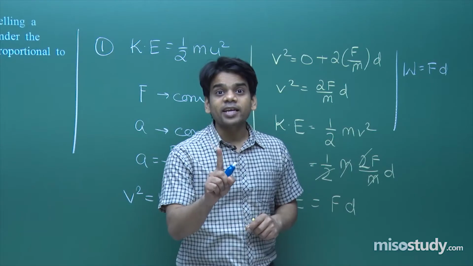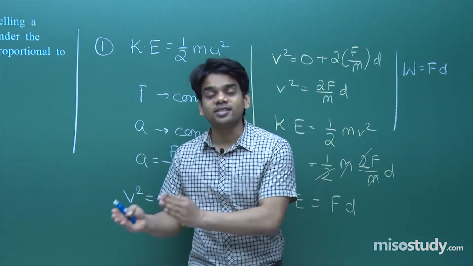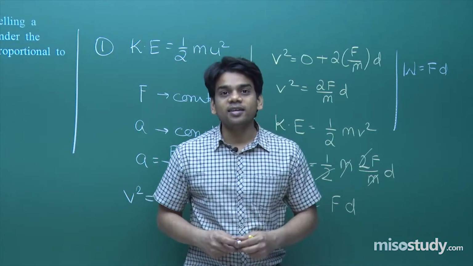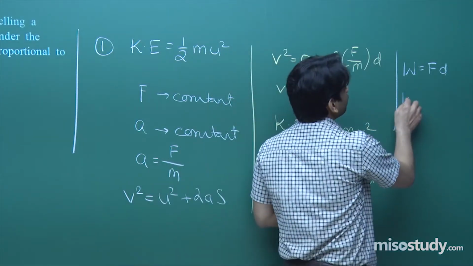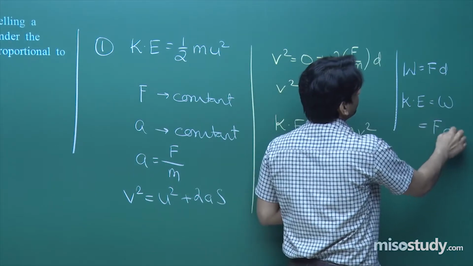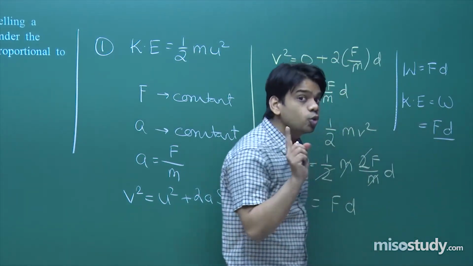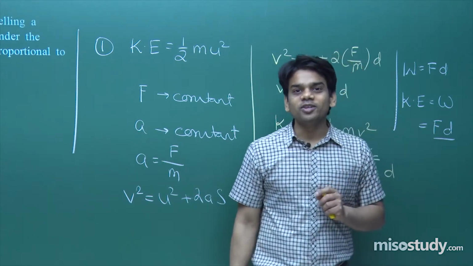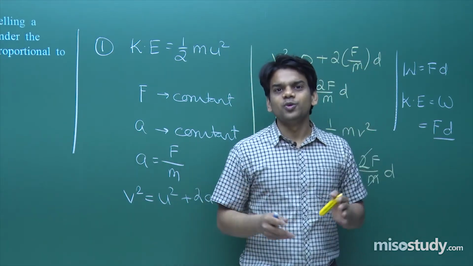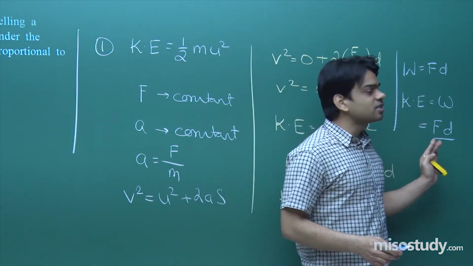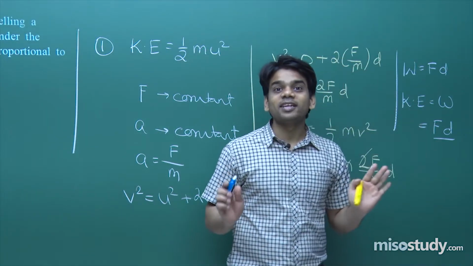Here only one force is acting, that is the constant force. So the change in kinetic energy, if the body starts from rest, initial kinetic energy is 0, it will attain some kinetic energy, and that kinetic energy will be straightaway equal to the work done, and that will be equal to F into d. In your objective examination, you can do it in this way. Force is constant, and d is whatever distance the body has covered, we need to use that. So you can use this method, just 3 steps, and the answer will be that it is independent of